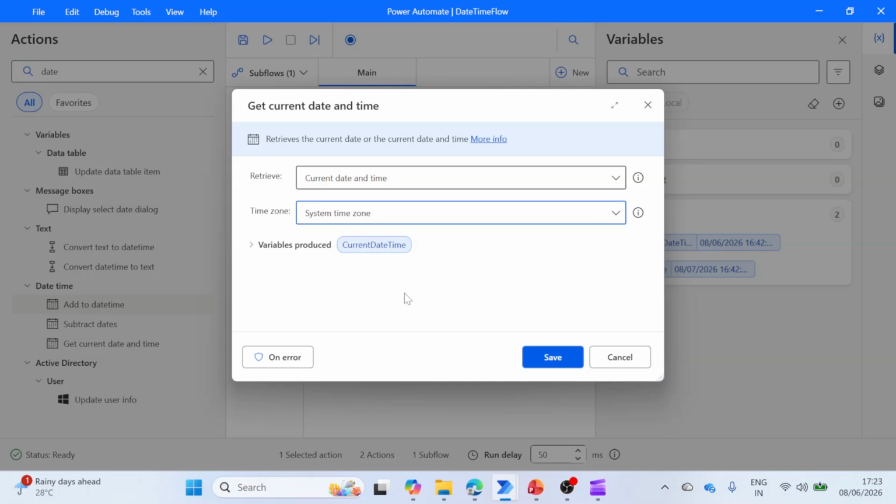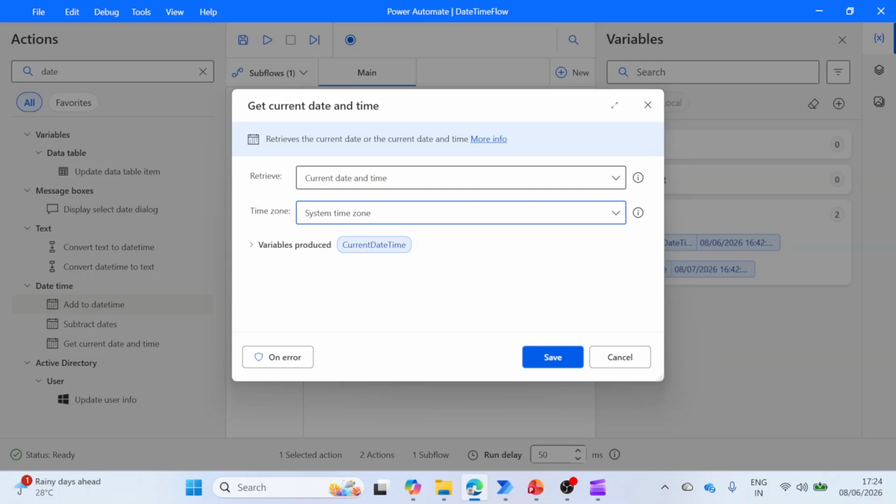There are many cases where you may need to convert the date or time from one time zone to another. For example, UTC, Coordinated Universal Time, is a standard which is used by most of the servers, and whenever you are getting the logs or any other update using the Power Platform, the system always